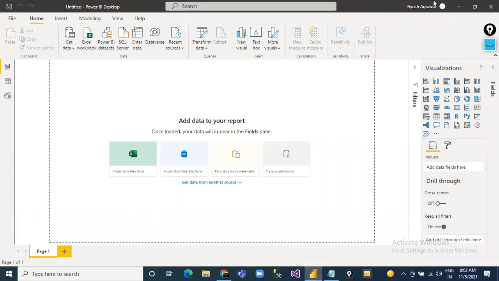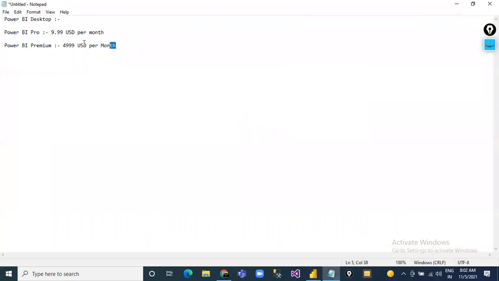I hope you got the point: what versions are available in the market, and how you can choose the version appropriate for your organization, or for you personally if you want to practice, so you don't have to buy any license for that.